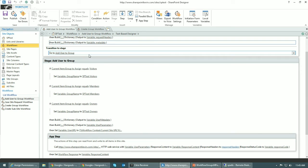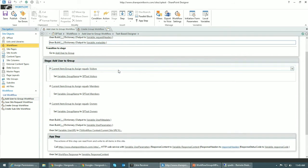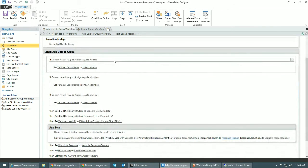So next, once we set our variables and create our dictionaries, we're going to transition to the add user to group stage. In this case, just like in the create group workflow, we're going to take the options that the user chose, and we're going to say if it equals visitors, we're going to actually name the group SP test visitors, because SP test is the name of the